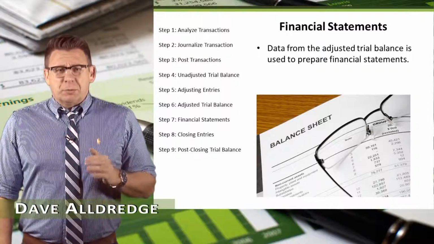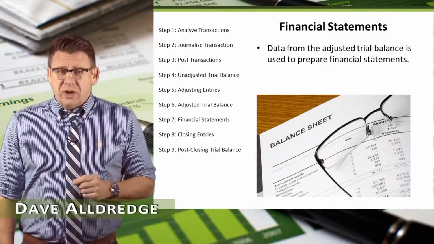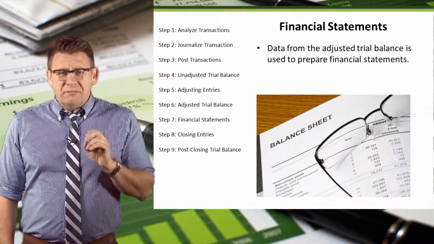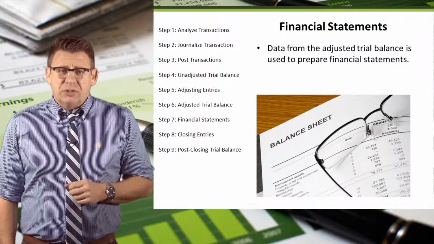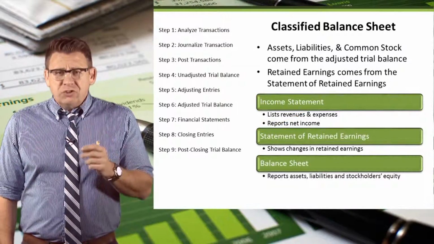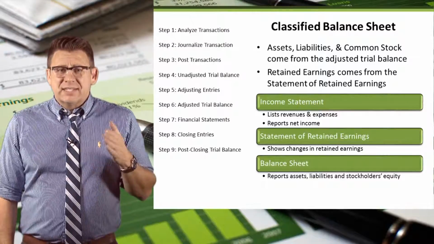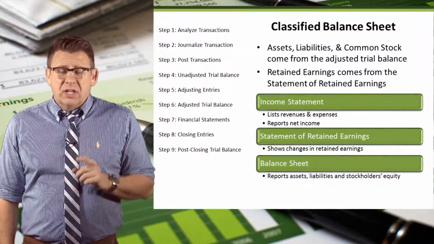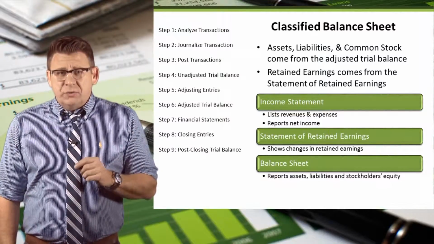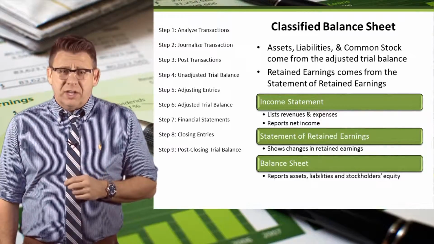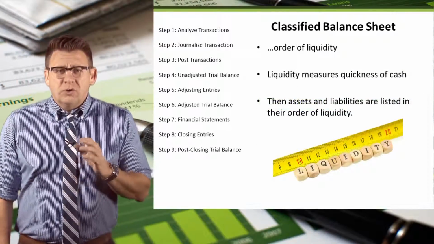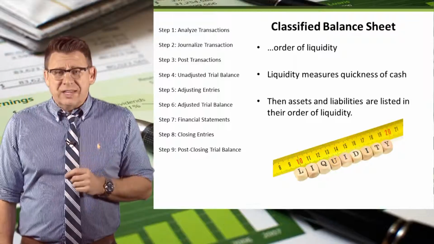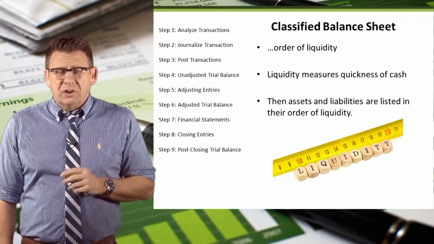The financial statements are prepared directly from the adjusted trial balance. The focus of this video will be the classified balance sheet. The balance sheet includes company assets, liability, and equity accounts, including ending retained earnings, which comes from the statement of retained earnings. In order to understand how to prepare a classified balance sheet, we need to learn a few new